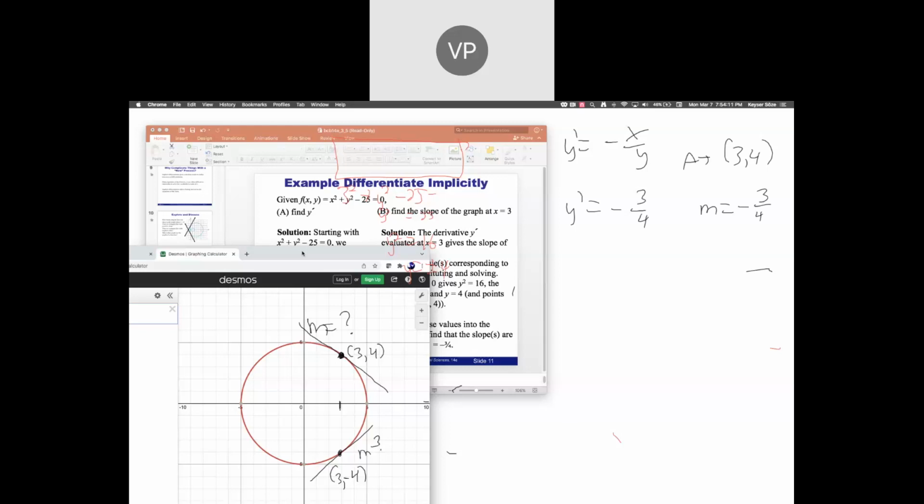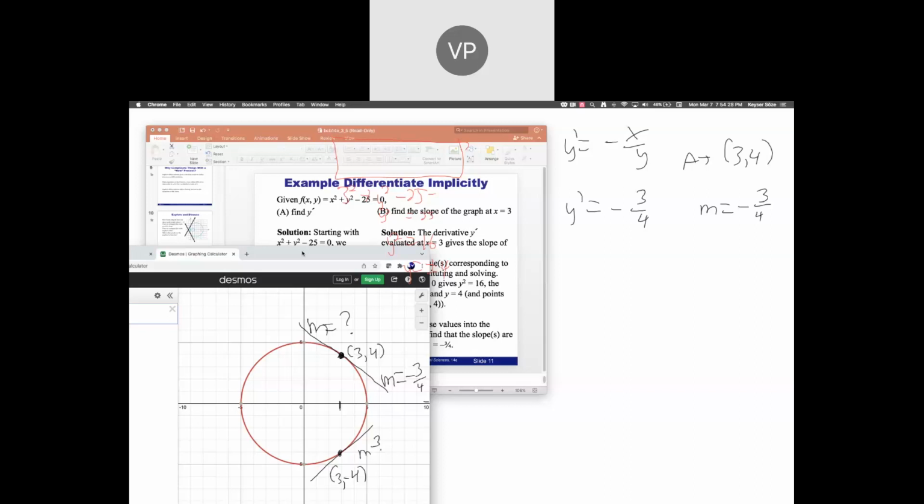And if you look at the picture that I just graphed, you'll see that is in fact the slope right here, negative 3/4. That looks right. Okay? So now if I was to say, well, let's go look at it for that bottom point where it's still x equals 3,